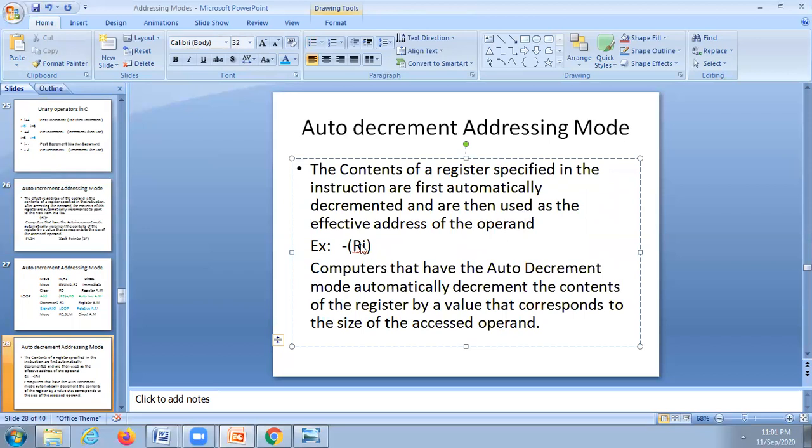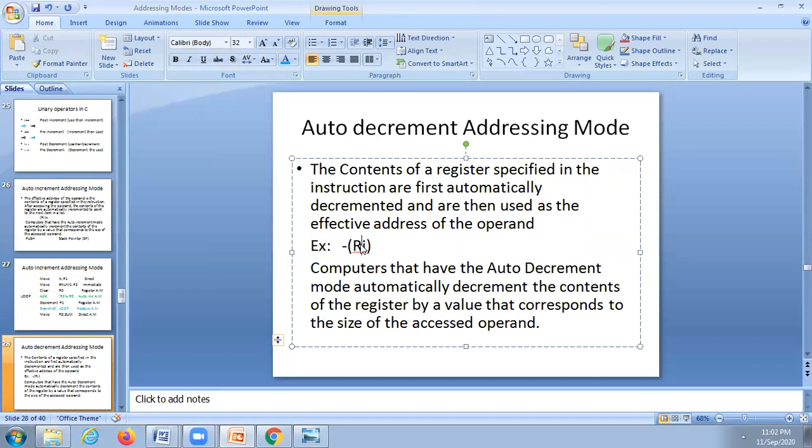First you need to decrement the address, which is there in RI. Then whatever is there in that address, you have to use it. That is called pre-decrement.